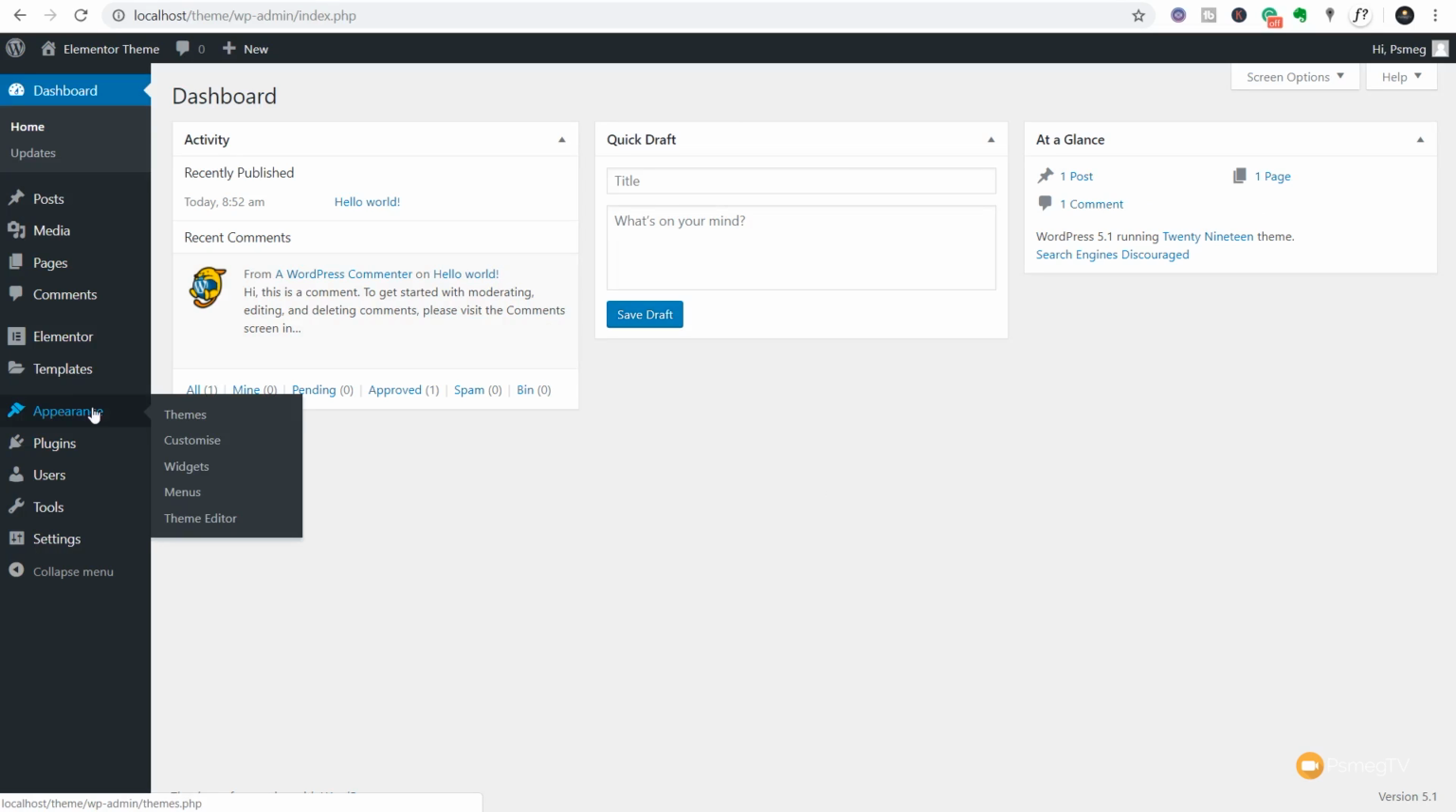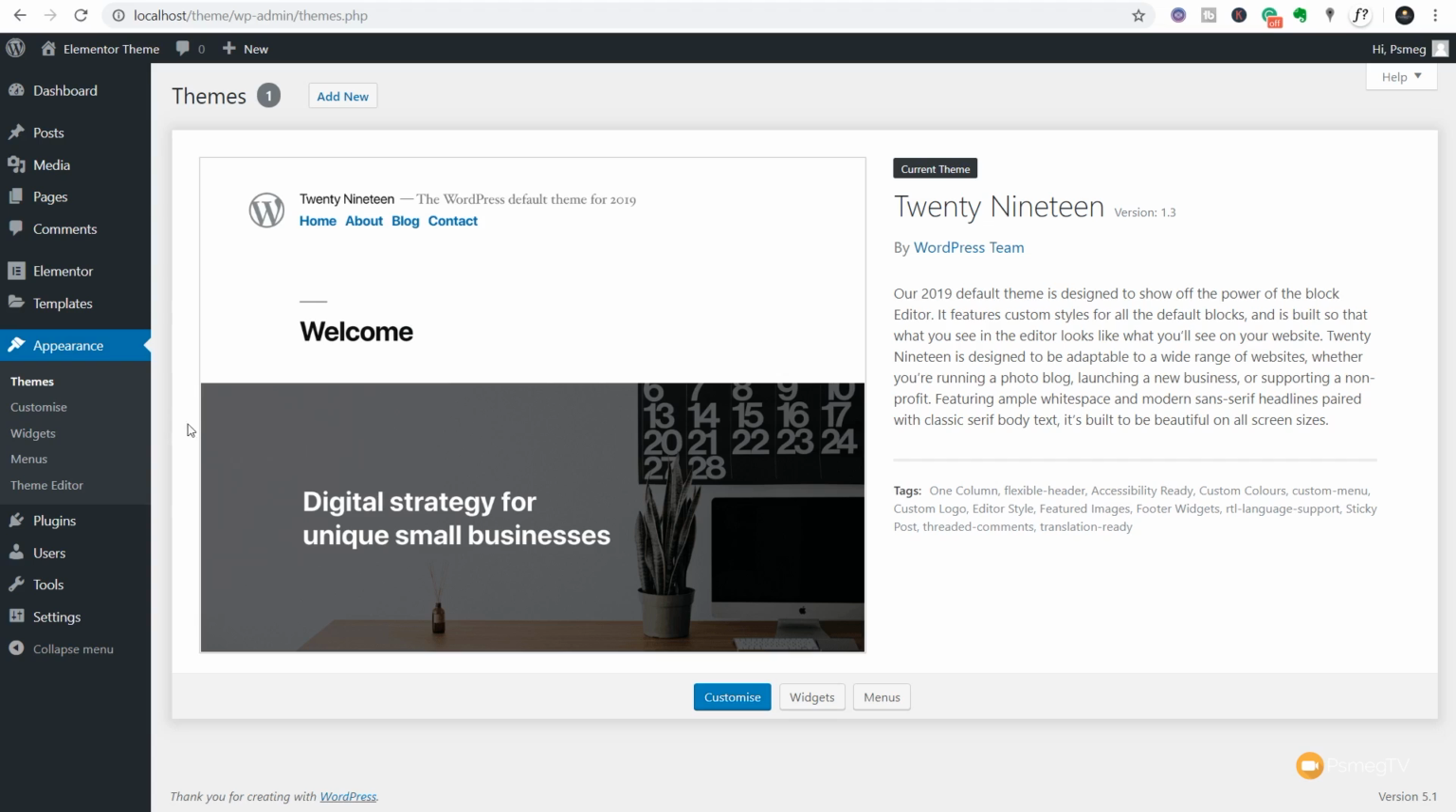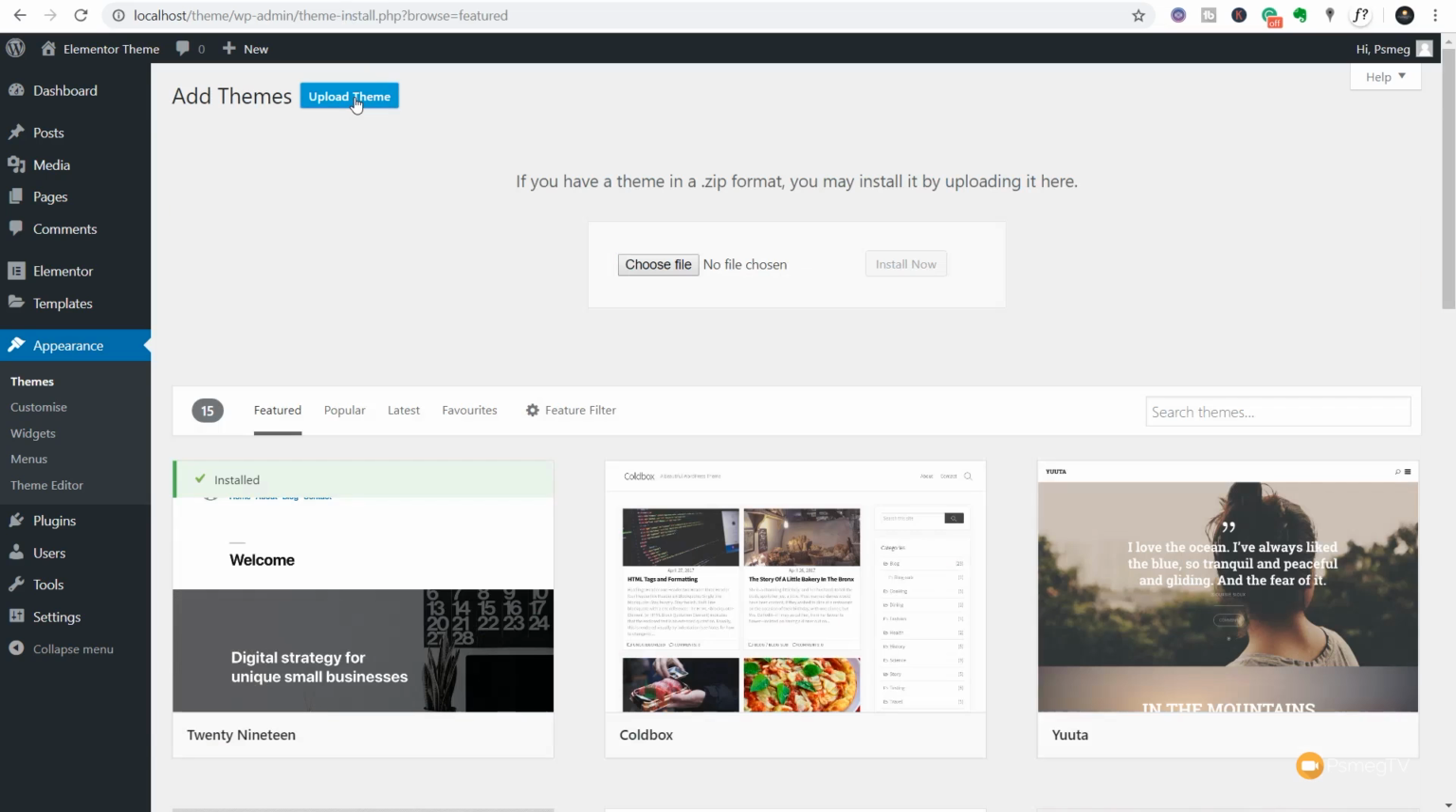We're going to come into the Appearance section and go to Themes. Once we open that, you can see all I've got is the 2019 theme installed. We're going to click on Add New. Once we've done that, we can say Upload Theme. Now we can just choose the file and upload that to our WordPress. Next, we're simply going to drag that zip file in and drop it on the Choose File button,